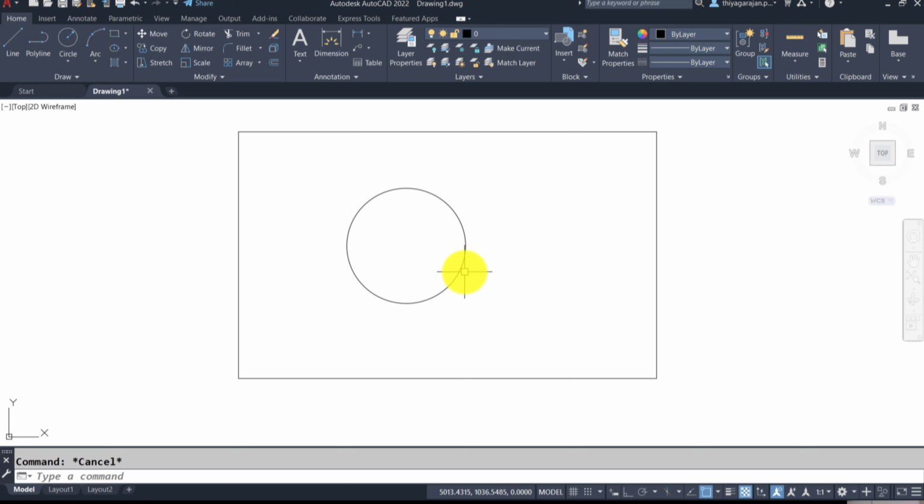So break at a point cannot be used on a circle, only on an arc. Select the object, I'm choosing 1 point. Now you can check this arc has become 2 pieces. So break at a point cannot be used for closed objects like circle, ellipse, polygon.